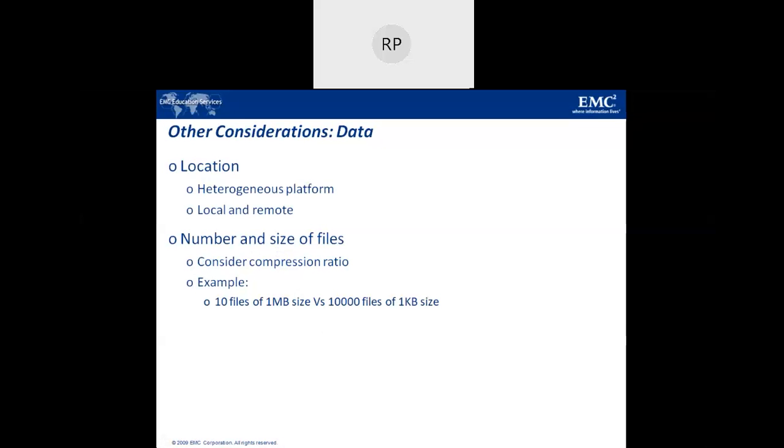If you choose a larger number of files, it is easier for compression. The compression ratio is going to increase. These are all the considerations you should look at while taking the backup of your data.